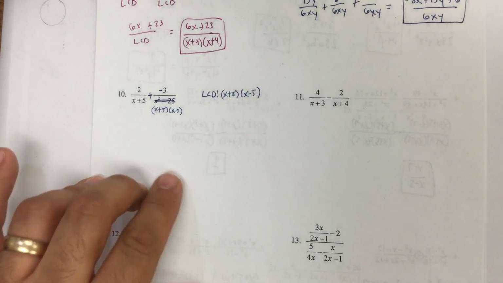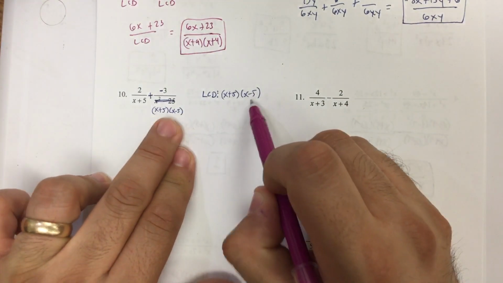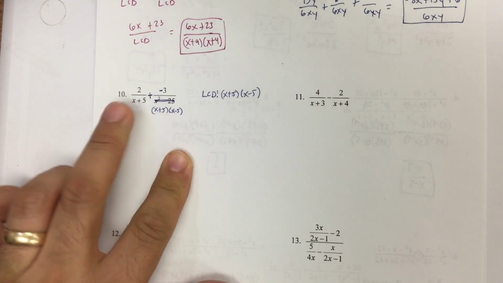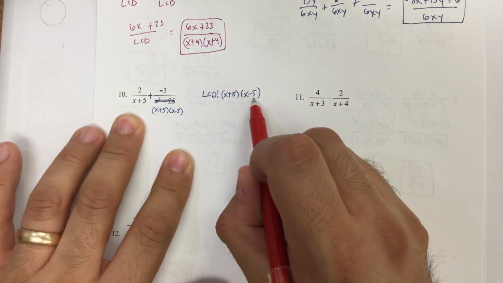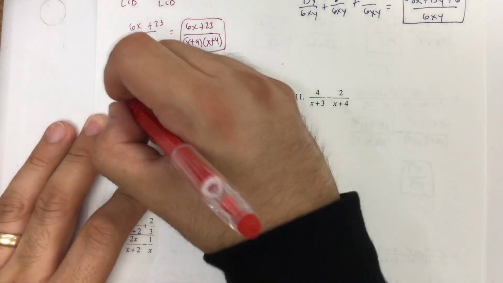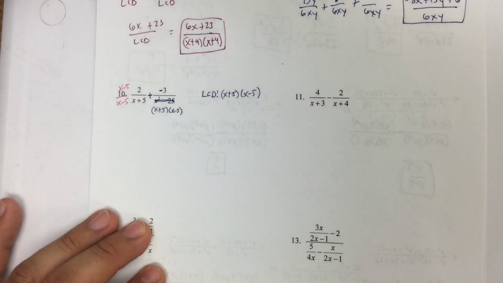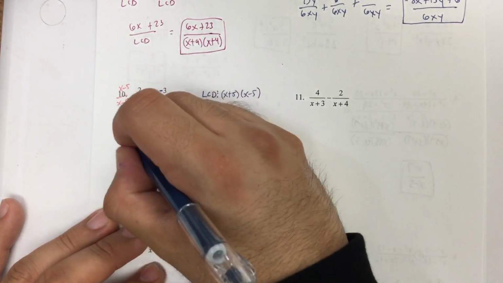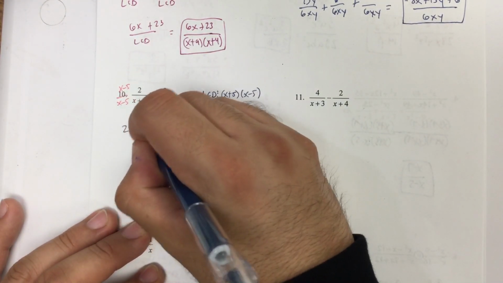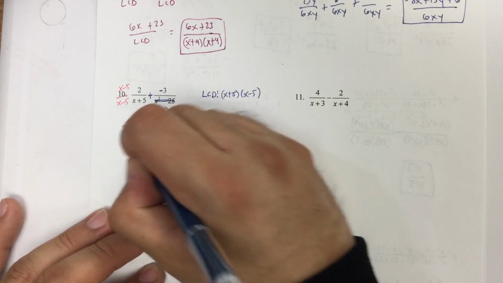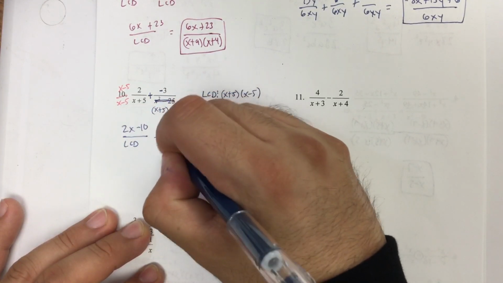So if we take a look here, we notice the second one has both x plus 5 and x minus 5. And the first one only has the x plus 5, so we need to multiply the numerator and denominator by x minus 5. So now we're going to distribute. 2 times x is 2x, 2 times negative 5 is negative 10 over the LCD, plus negative 3 over the